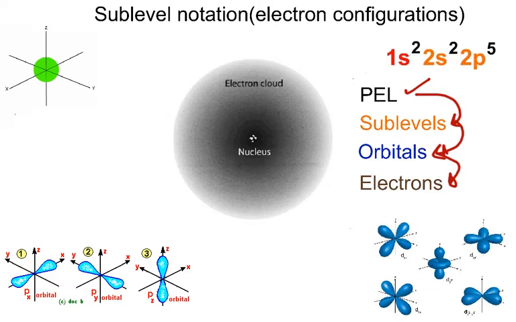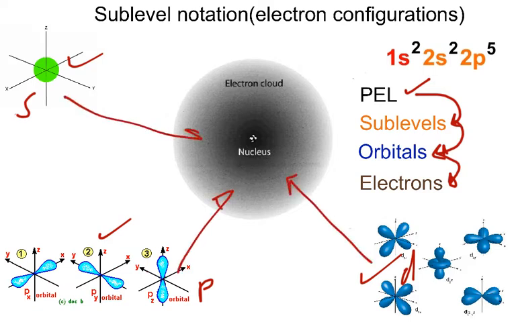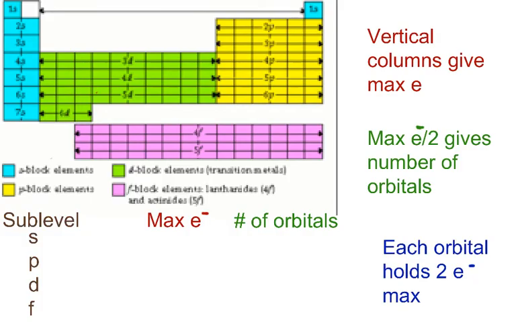Now, orbitals have these different shapes that go with them. This will be a particular s orbital. P orbitals look like this, and d orbitals look like this, and f will be more complex. All these are located within the atom in a cloud of negative charge. Now we can use the periodic table to help us with orbitals and electrons. Once we know the numbers that go with orbitals, electrons and sublevels, we can then start